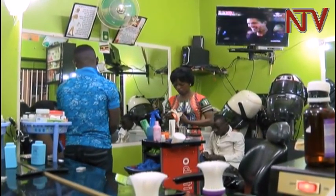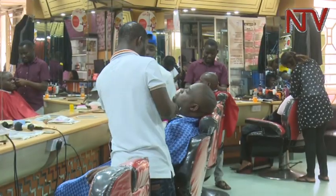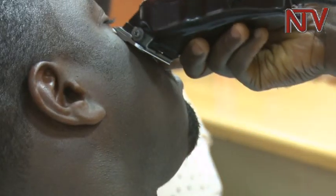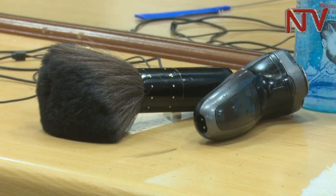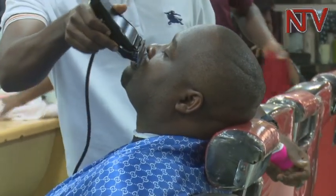What do you look out for when you go to the salon? Is it just that stylish haircut, pedicure, manicure, or a facial? Are you inquisitive enough about the kind of equipment that will be used on your skin? If you are not, then you risk contracting many infections including HIV and hepatitis B, according to new findings from